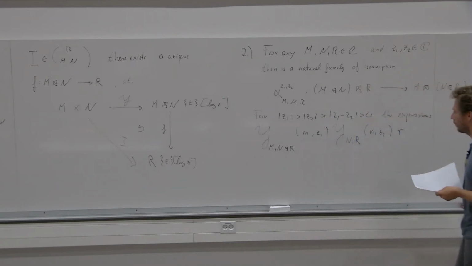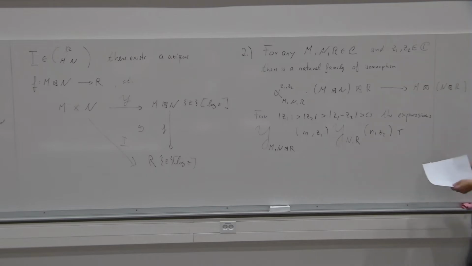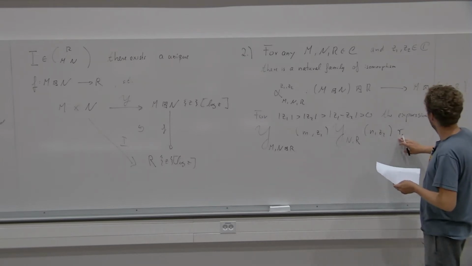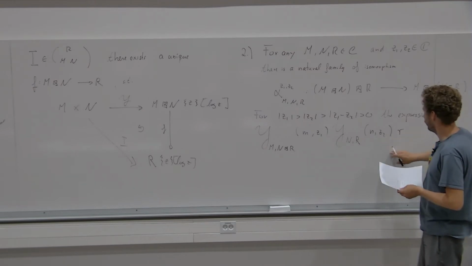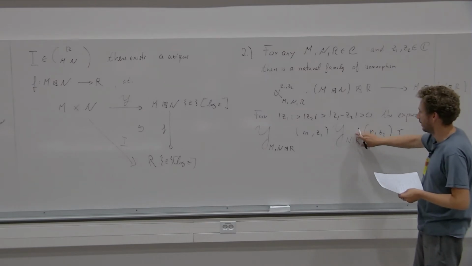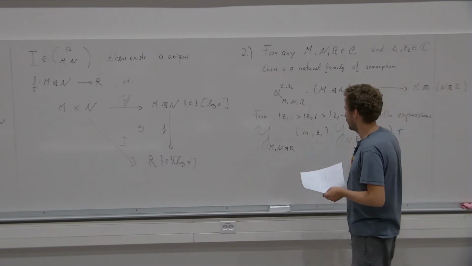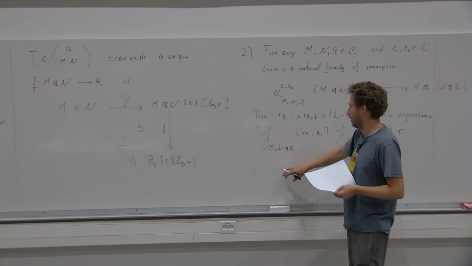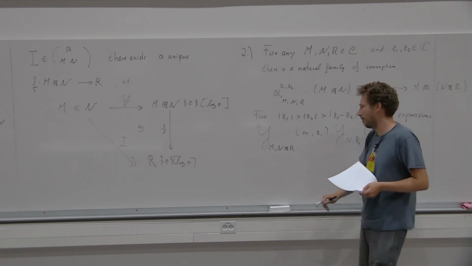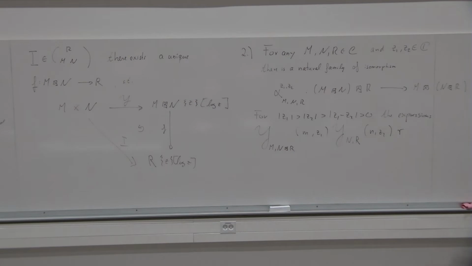So lowercase m, n, and r are vectors in the modules M, N, and R. So we can act on this one. This here is then an intertwining operator of type N, R to N times R, so that we can act on the answer with this one to get an intertwining operator of type M and N times R to M times N times R. So to here. And the other expression that we have is